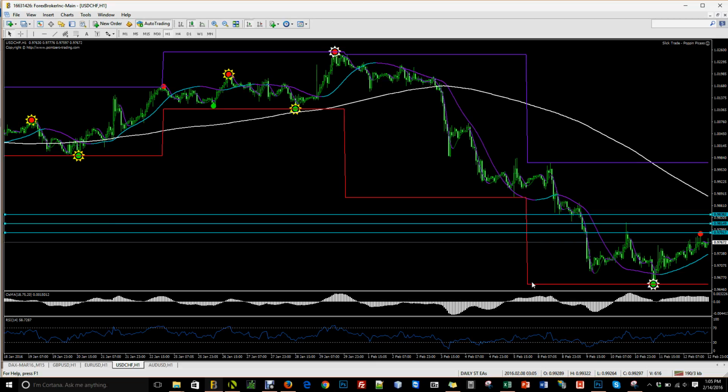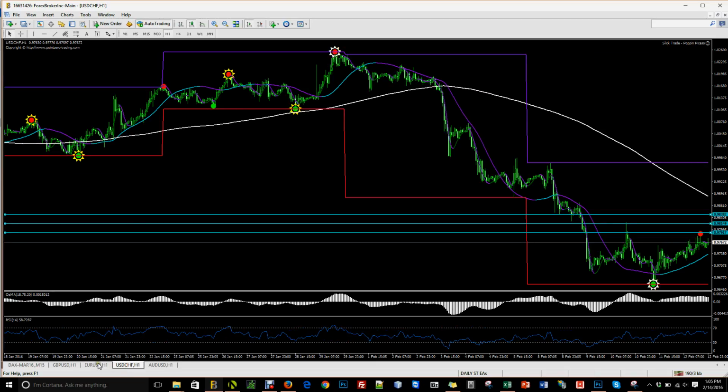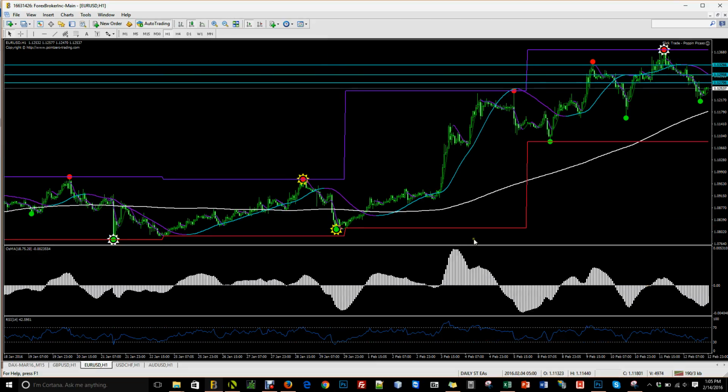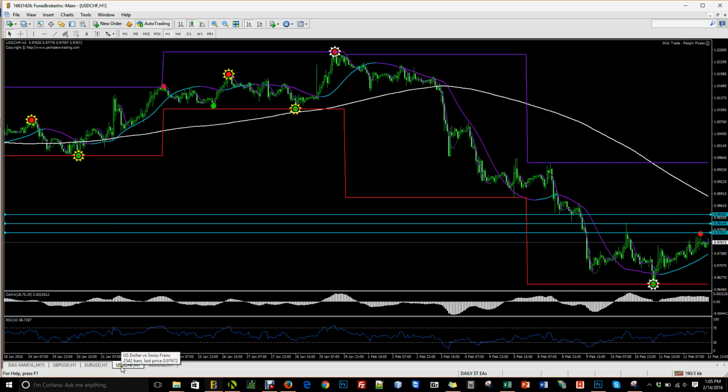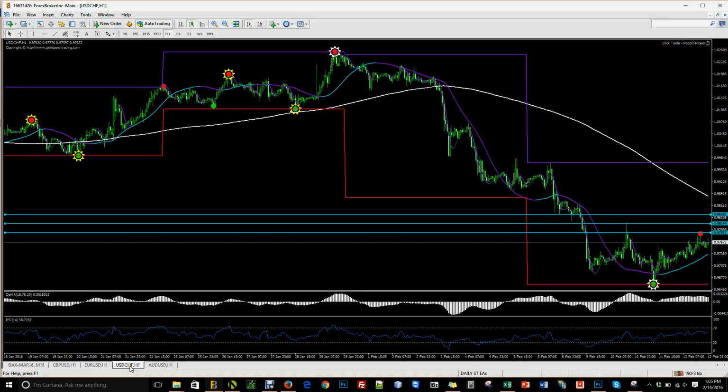USD CHF, this is a weird one. Normally, the EU and the UC are like a mirrored image, and as you can see, that did happen to a degree. EUR/USD did go into a longer consolidation than the UC, and as you can see, it is mirrored. EU has been heading up, UC has been heading down. However, if you take a look at this,